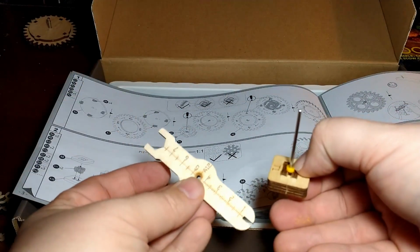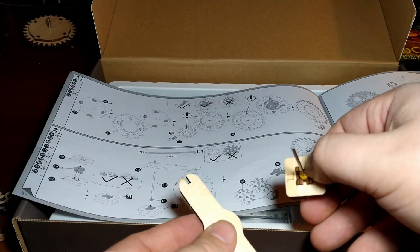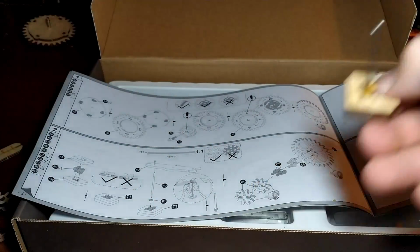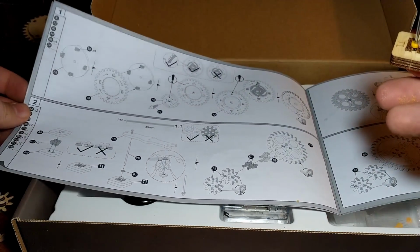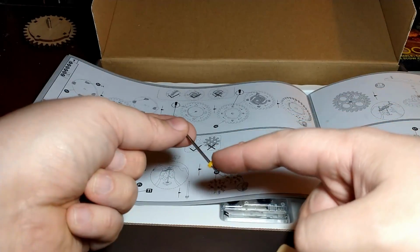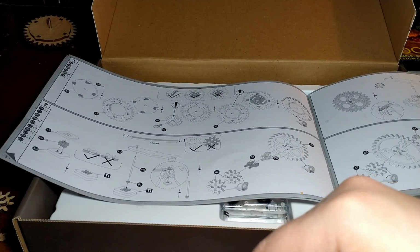Then they show this. This just looks like a tool to me. What is the point of that? They're just using it to push down, so you don't have to push on a tiny metal. Okay, now what? That's it? Oh, I see. They show it here. Yes. So they do show it there, sticking down. We have this little bushing a little ways up on that metal bar. Wow. And what was the point of that? I don't know, because we're already moving on